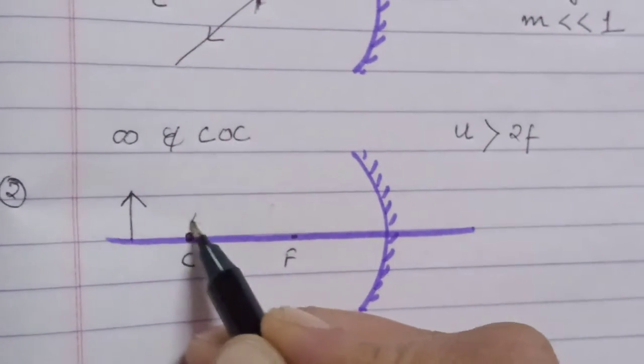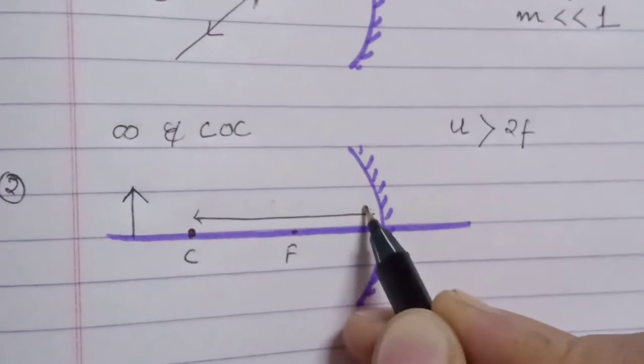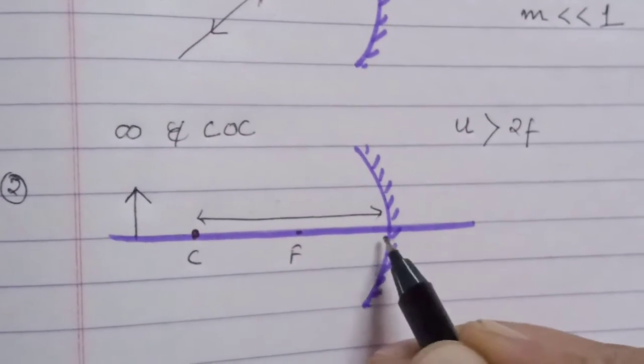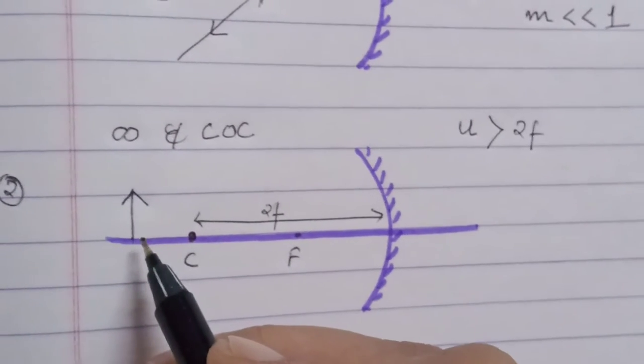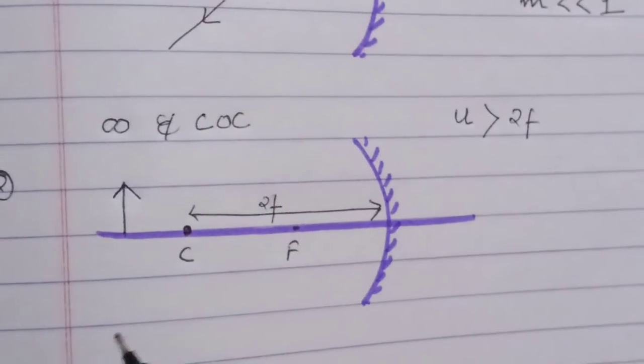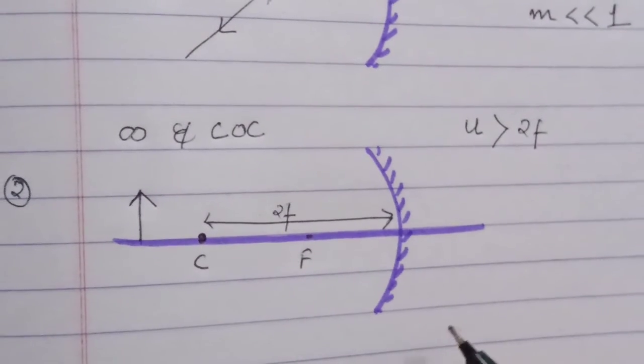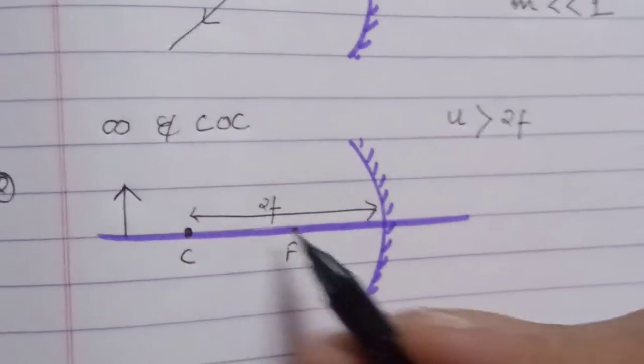The length from the center to the pole is 2f, and it is greater than 2f. Okay, so for this,